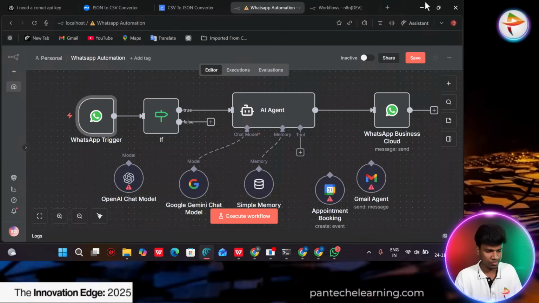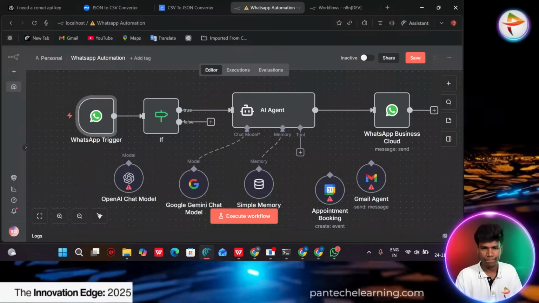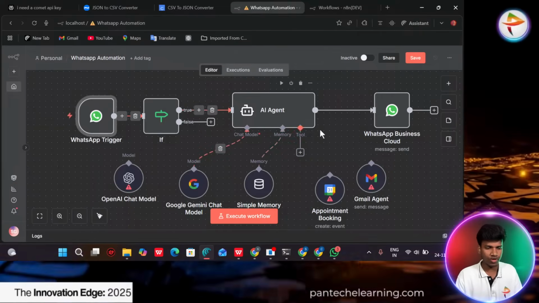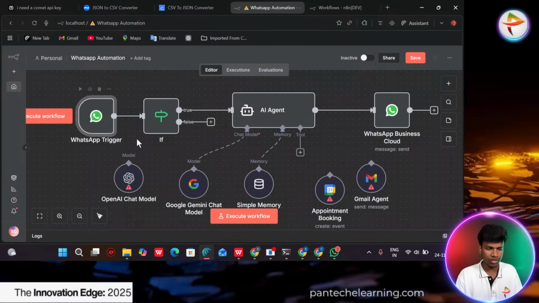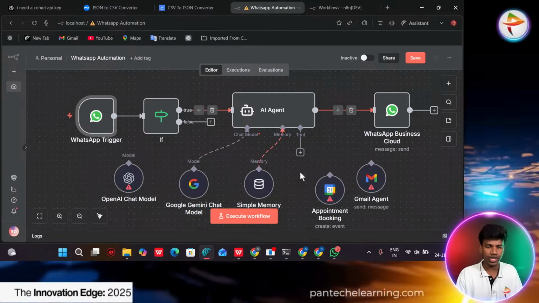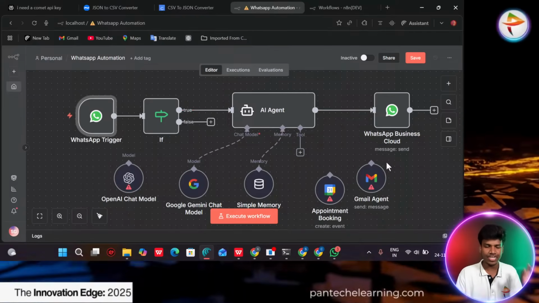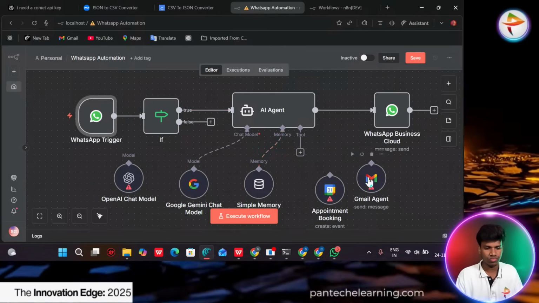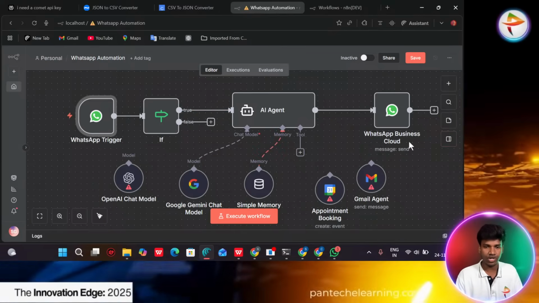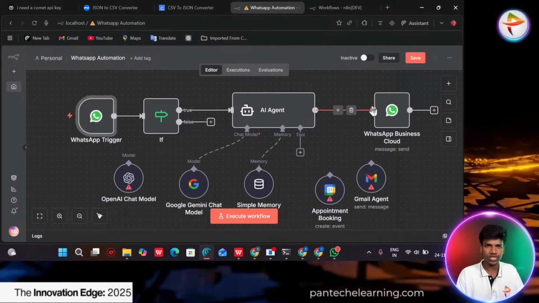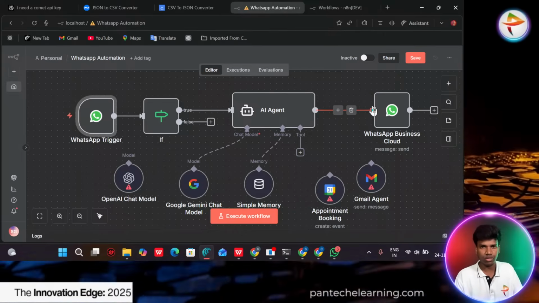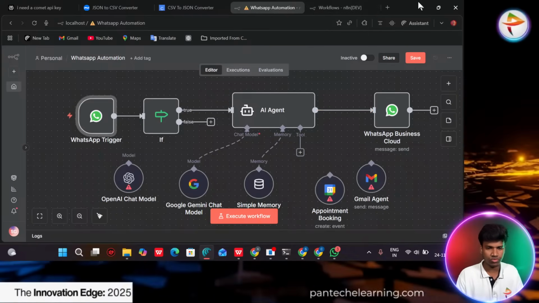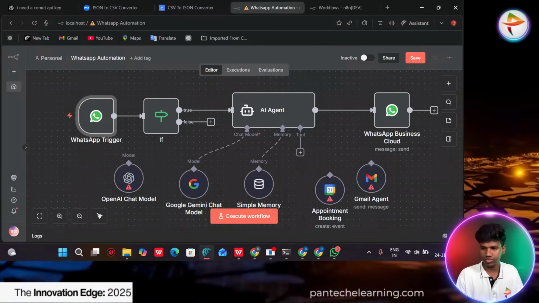Thank you all. Tomorrow we can continue with this same workflow. Once we execute the WhatsApp automation process, we can connect the calendar for meeting scheduling and send a mail to another user. With the help of WhatsApp chat, we provide the task to the agent and the agent will do that task. You will see.